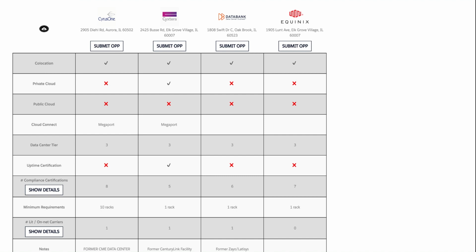Our clients love that fact that they can really work with their trusted advisor, which is us, to determine who's the best fit. And when we go into these data centers, we've done all of our homework already. We don't have to then start